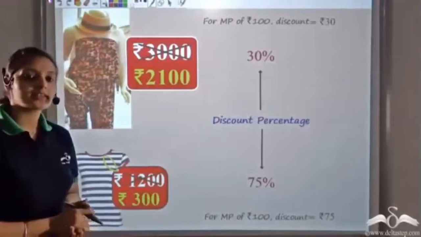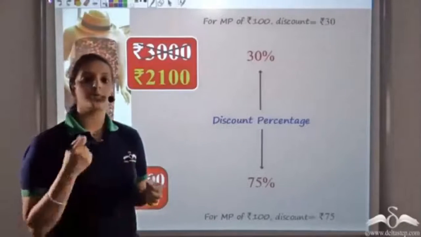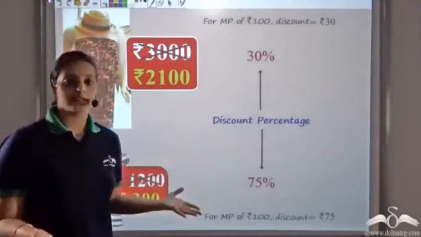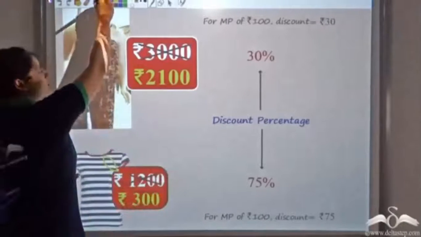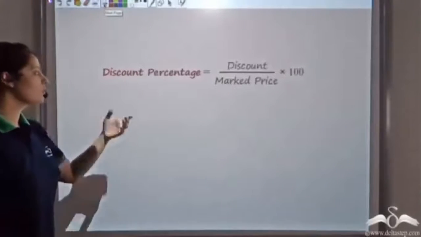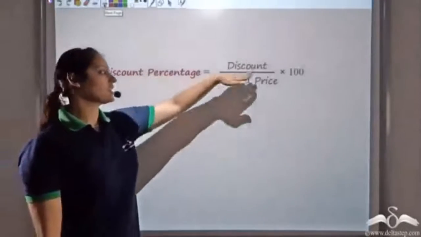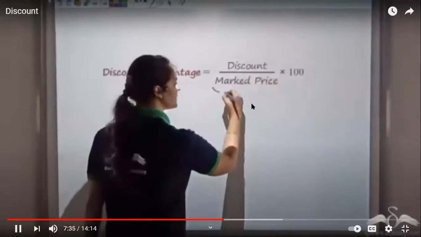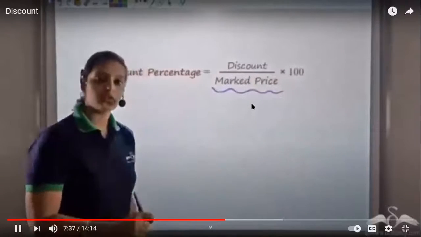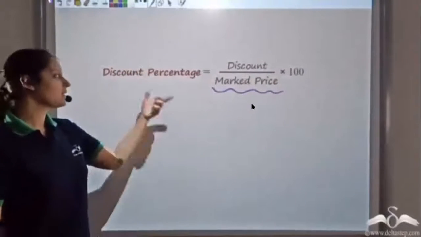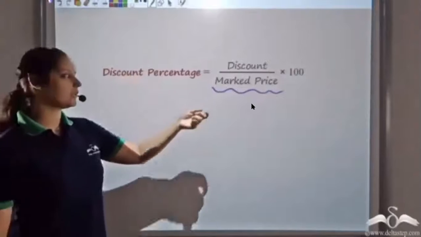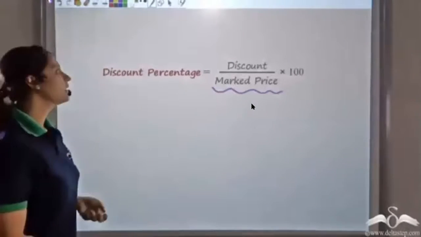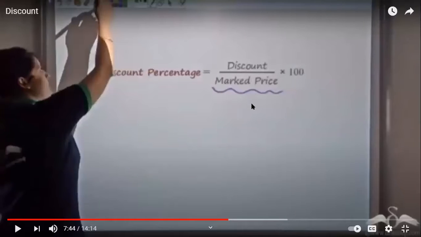So what Rajiv realizes is that he should have a discount percentage rather than giving flat discounts. And well, this is what you observe also. Discount percentage is discount by marked price into 100. Remember this, that this is the marked price, not the cost price, not the selling price. Discount is always calculated on the marked price. And why discount